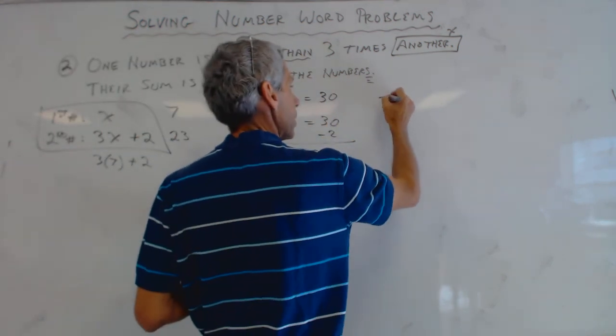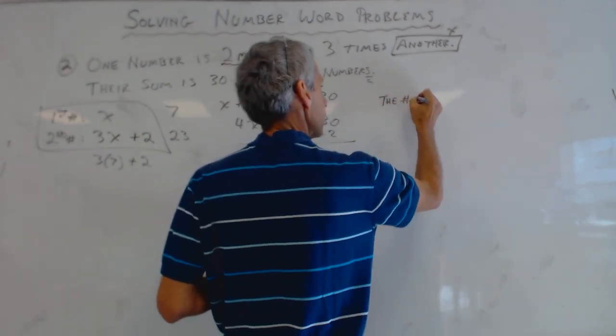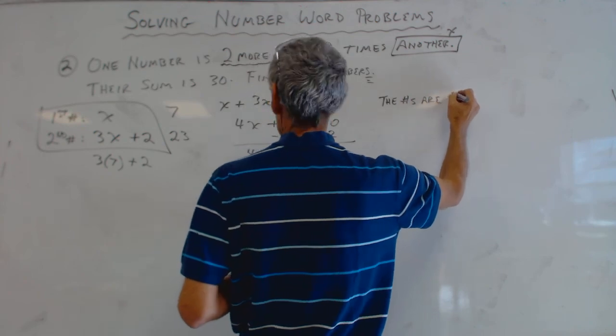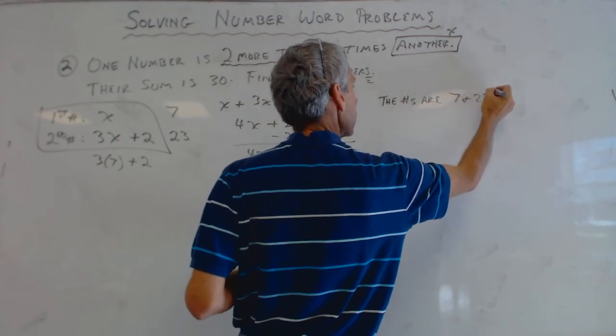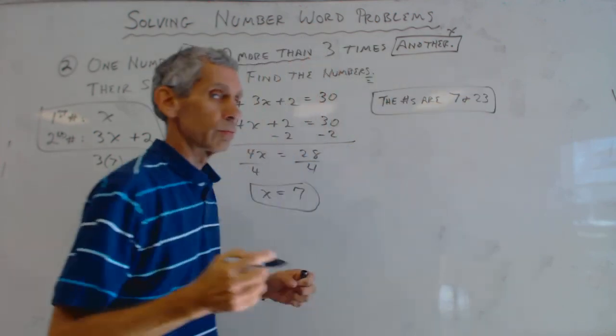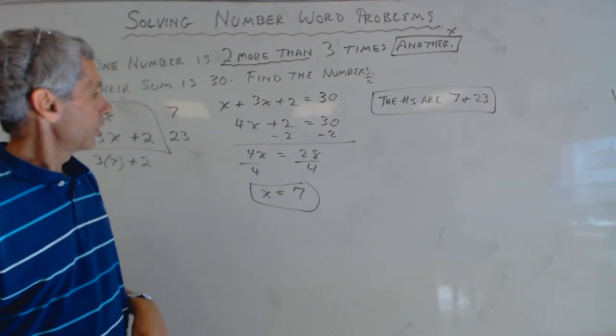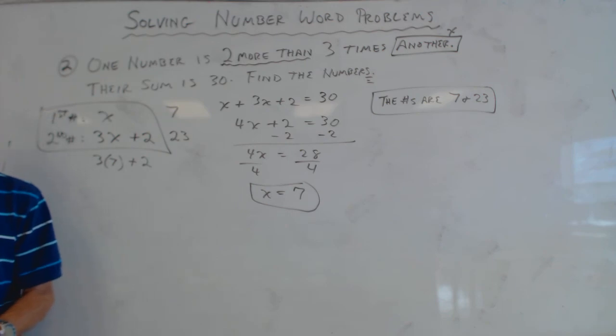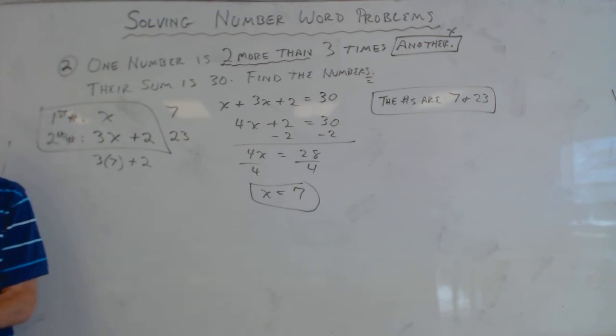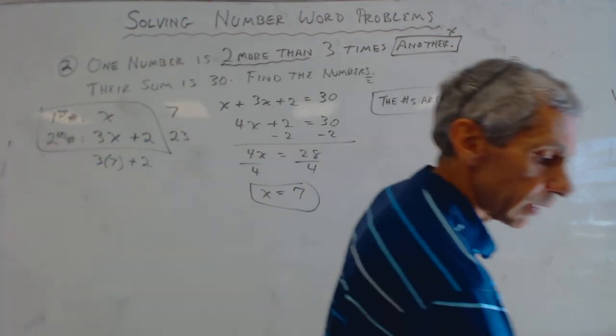So the numbers are 7 and 23. And I put it in a box so the teacher can see it. And we are done. We did it. Does that make sense? You guys all cool with this? Yes? All right, so we're done with the lecture. I'm going to just give